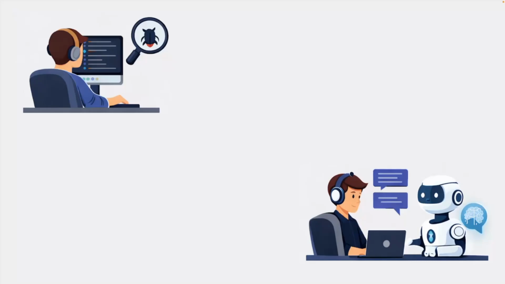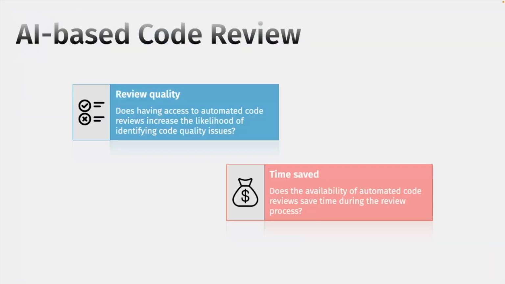So since we worked quite a lot in this automation, let's say, and since we saw that it has been deployed in industry in many cases, what we wanted to understand was basically what has been the impact of introducing this AI in the code review process. And in particular, what we wanted to do was to investigate these 2 dependent variables, these 2 aspects: what happens to the review quality, where review quality is basically, do you find more relevant quality issues in the code that you review? And the time that you spend in the code review, right? This is one of the motivations for introducing AI. Do you save time? Okay.